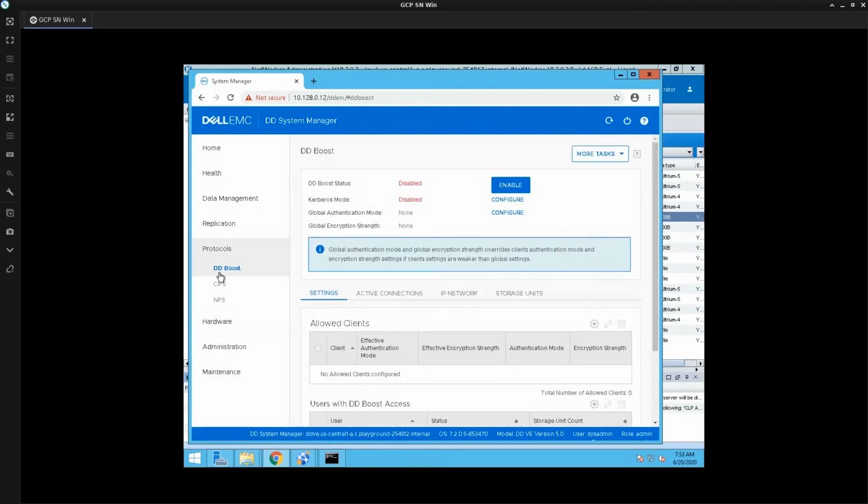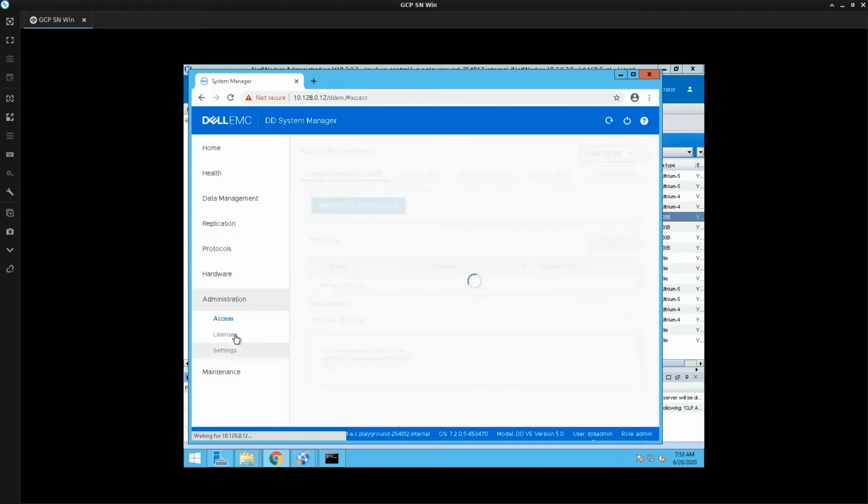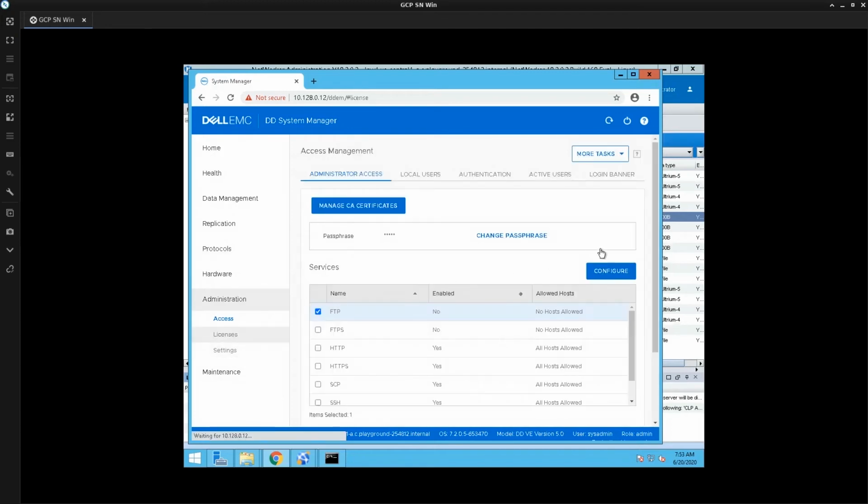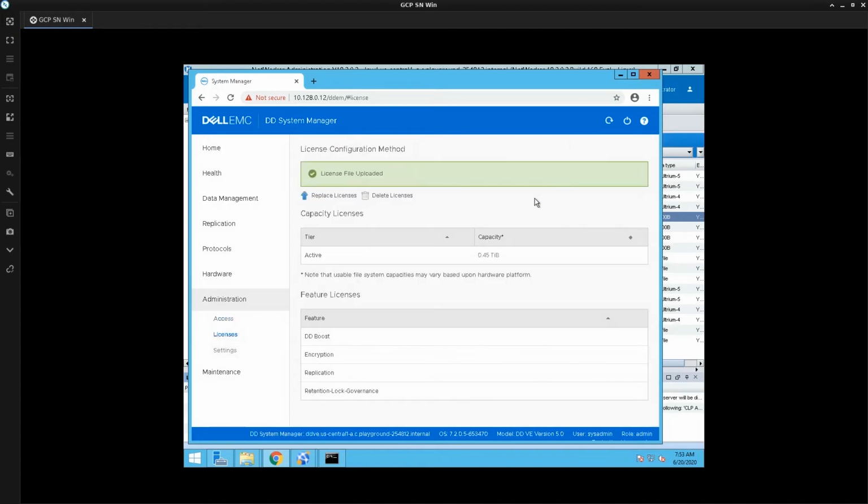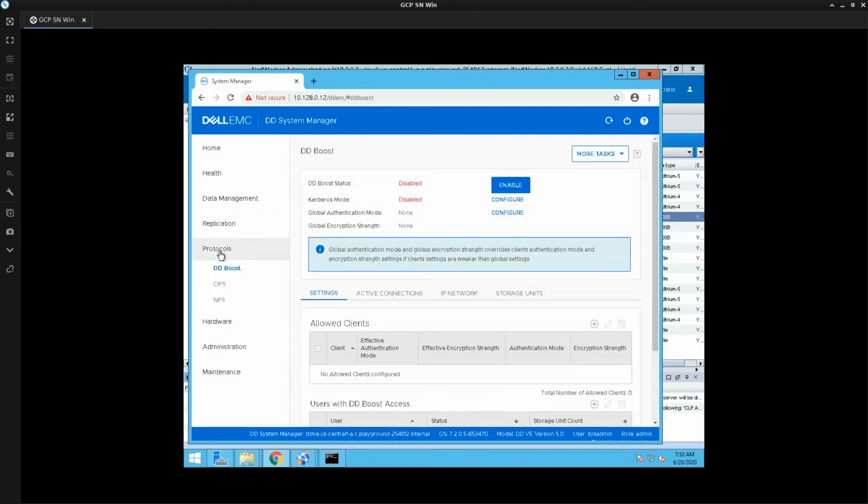So we are interested in the DDBoost protocol, and as you see, it is not yet enabled. Before you enable this, go ahead and check if you have the licenses required. So right now I'm running the trial version of Data Domain, so I have all these features enabled as part of the trial license, and I am also supported with a capacity of 500 MB of protected data. So let's go back to protocol and enable the